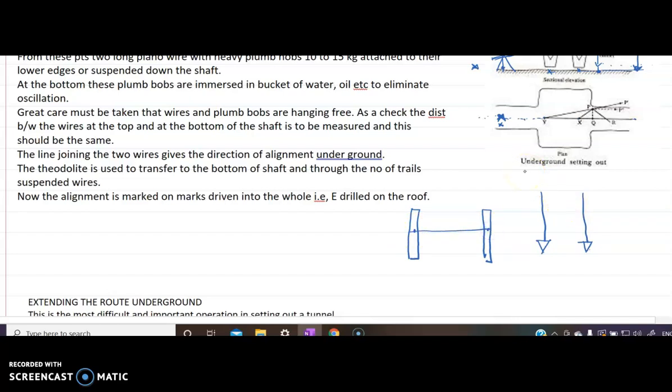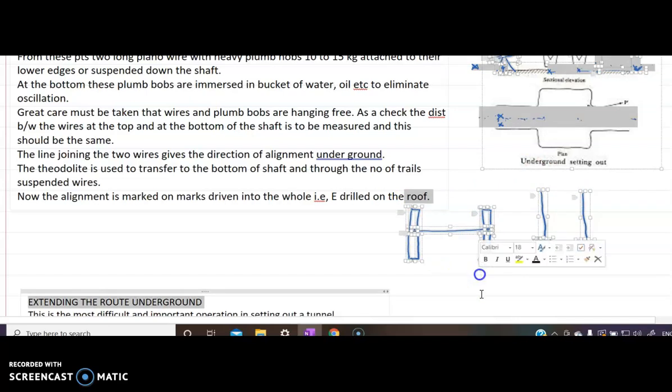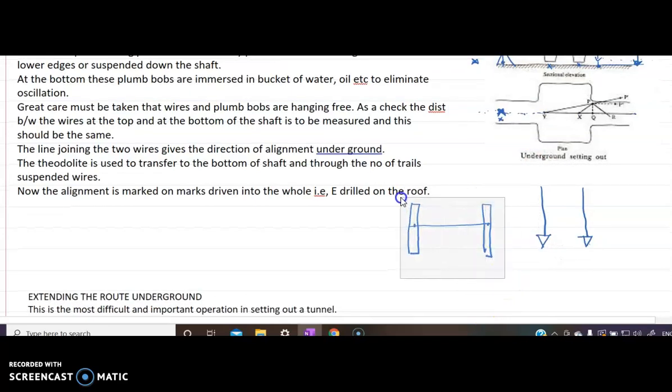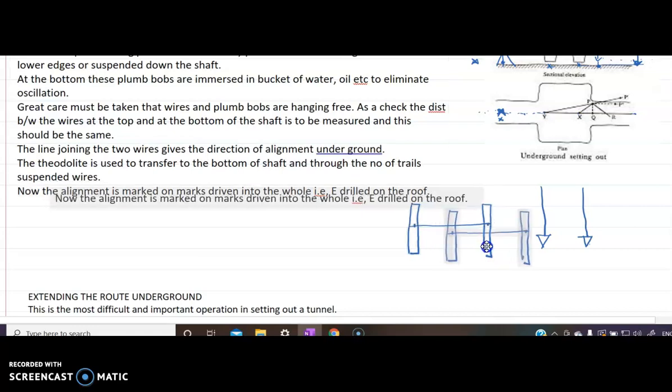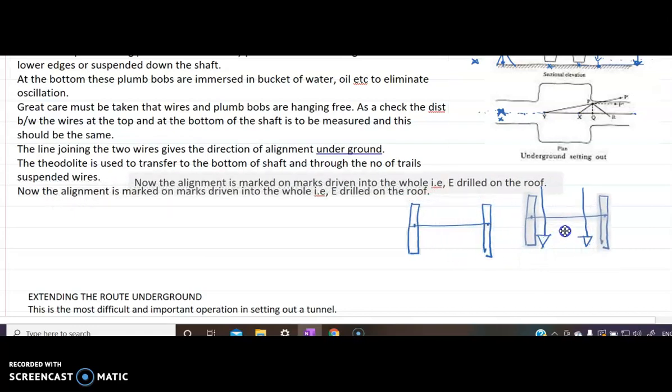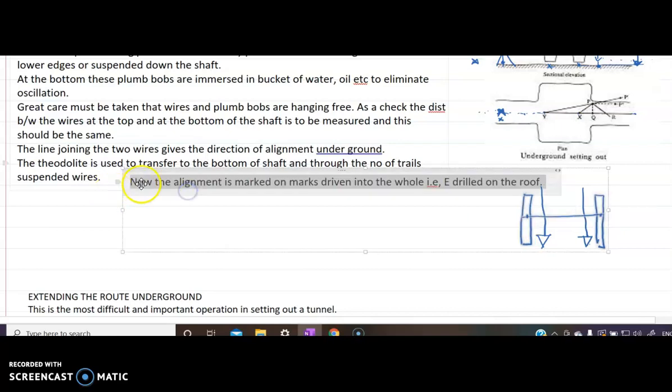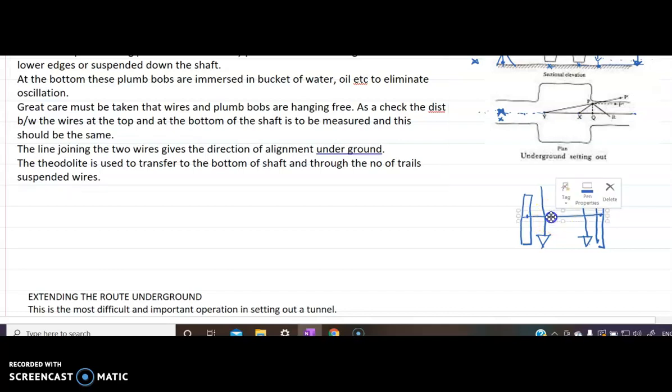Okay, so then what you will do, you will take this and move it in such a way that this horizontal wire will be just in touch with these piano wires. Now by doing this, what did you get? You got this point. Which point? I'll mark it in red. So you got another point which will be in line with these two wires.